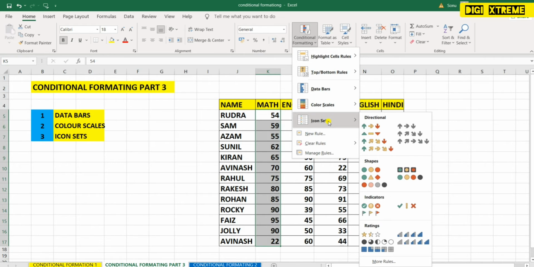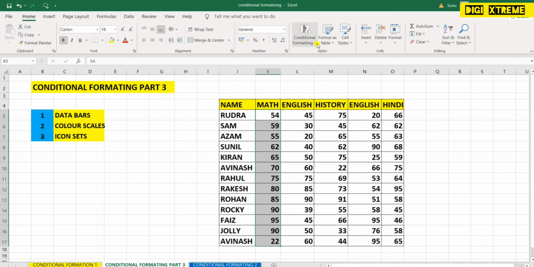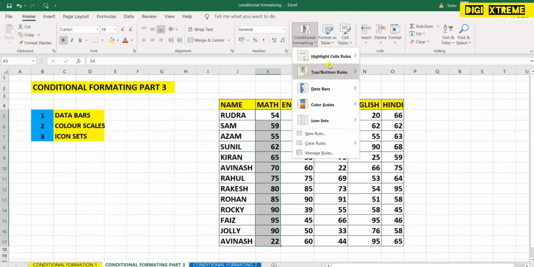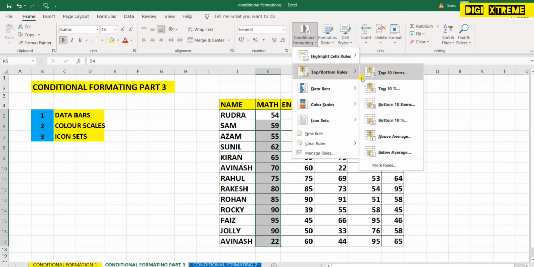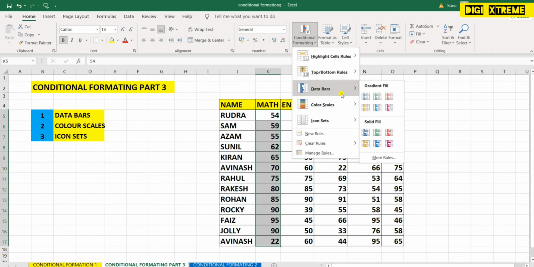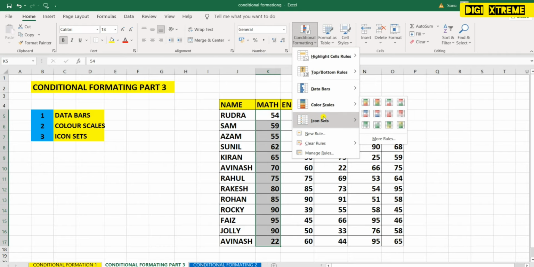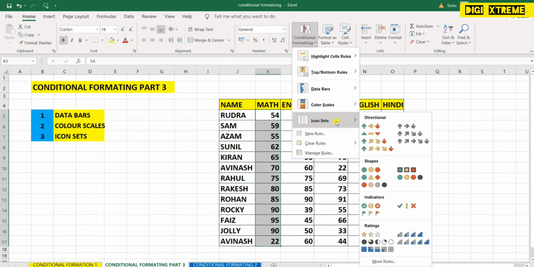We will discuss the uses of these bars and how we will use them. In my previous video, I have already discussed highlight cells rules and top bottom rules. Alright, now let's discuss today data bar and color scale uses and icon sets as well.